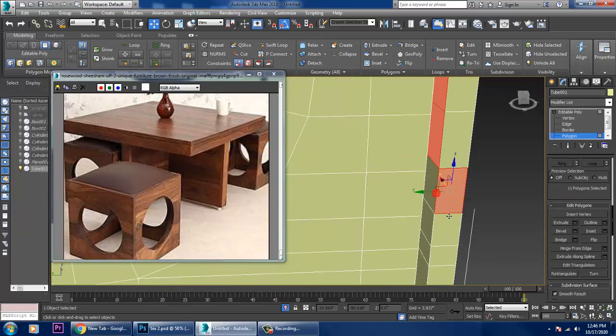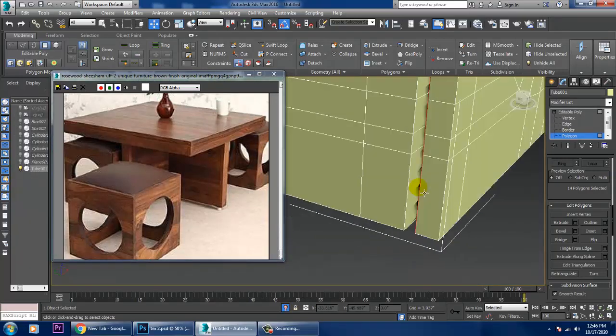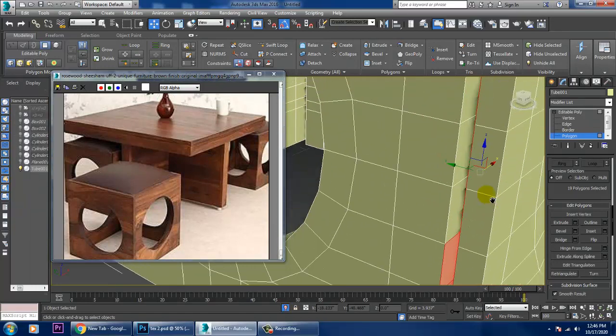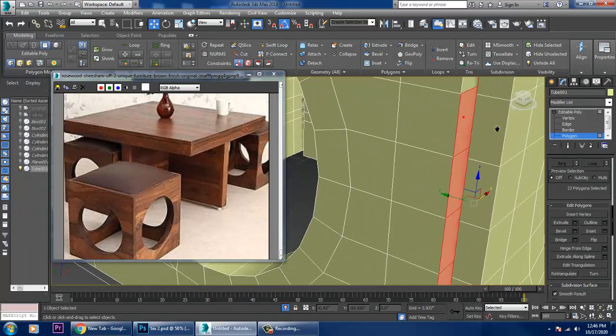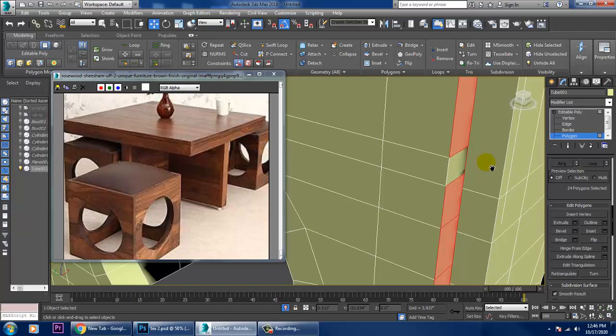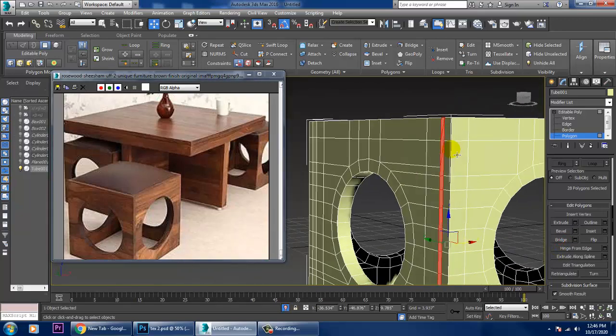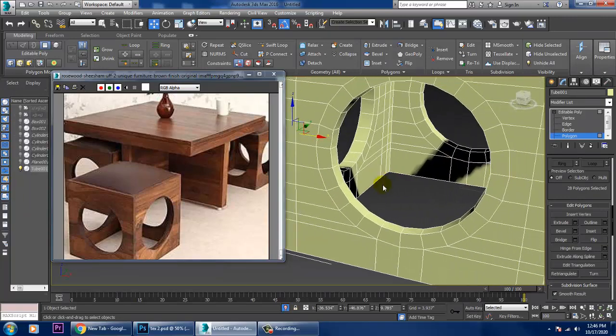So this is a bit of a lengthy process. You can also go with any of the options you require. Just bridge it.